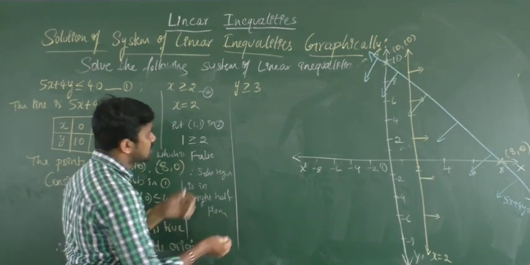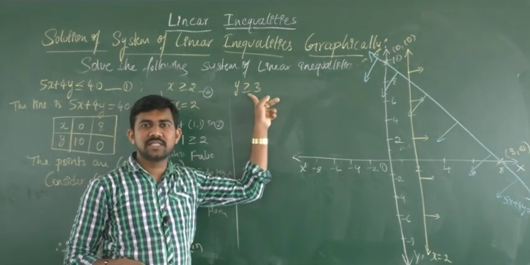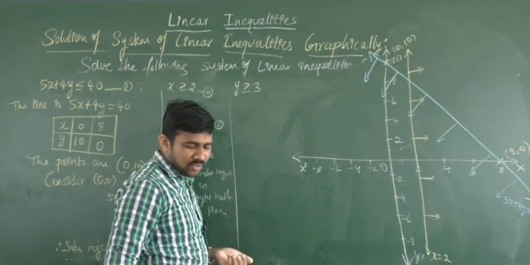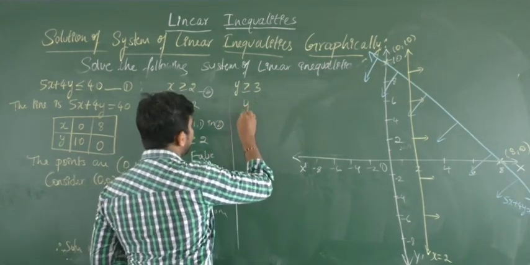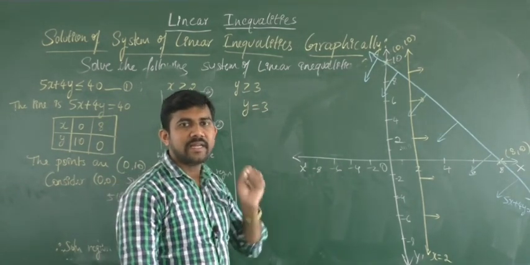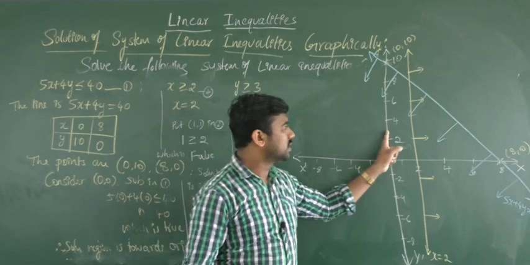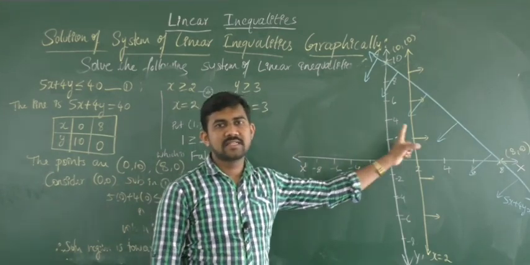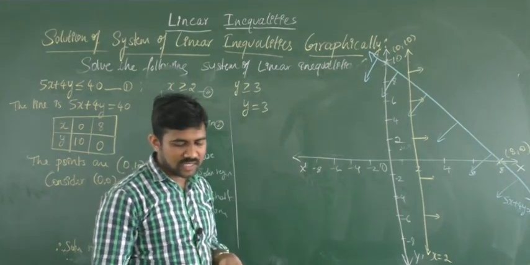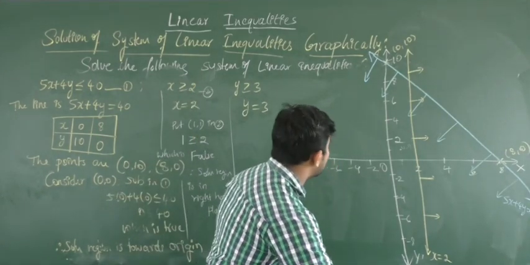Now here, in this case, we can directly say the solution region is the upper half plane, because this line is what? y = 3. This line is y = 3. y = 3 means which line will we get? The line passes through the point 3 on the y axis, that is, a horizontal line passing through the point 3 on the y axis. Okay, that we saw in our last class, right?